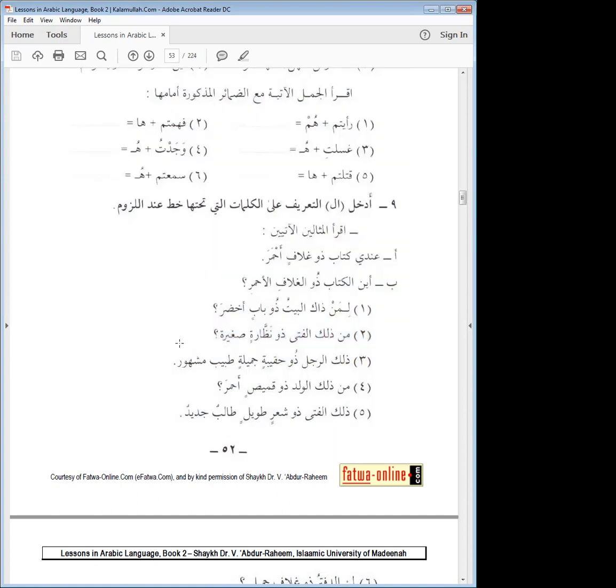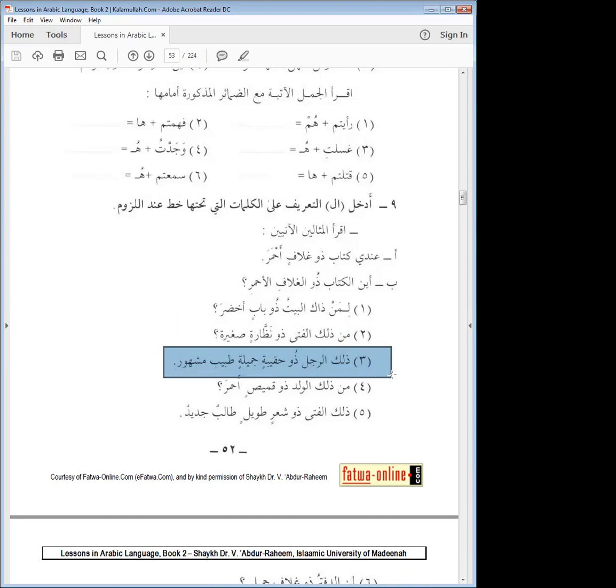Next one. Dhalika ar-rajul. What does that mean? Number two, who is that youth that has the small glasses? An-nazzara is glasses, right? And saghir means small. Okay, so yeah, who is the youth with the small glasses, or the possessor of the small glasses? Right. Next one. Dhalika ar-rajul